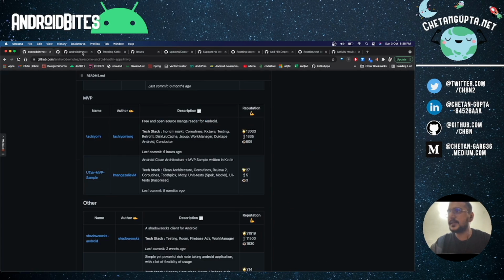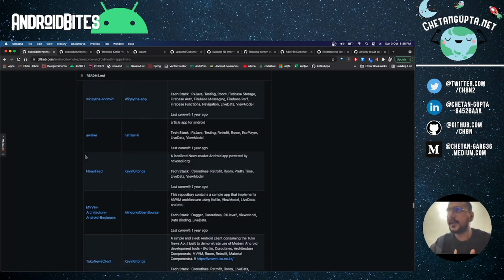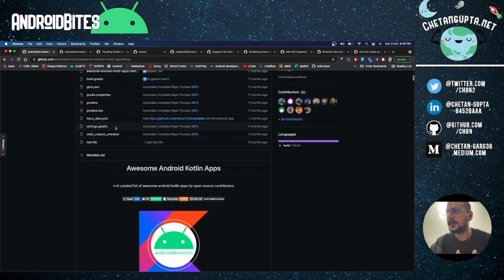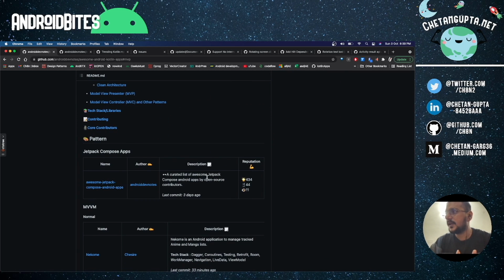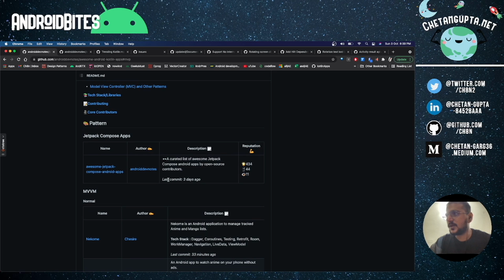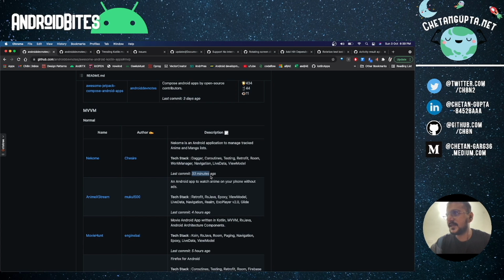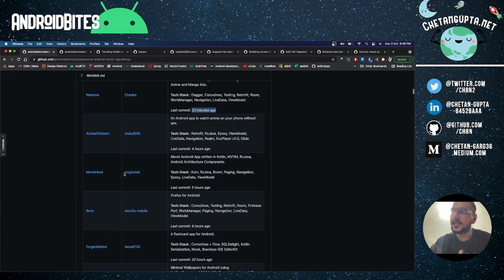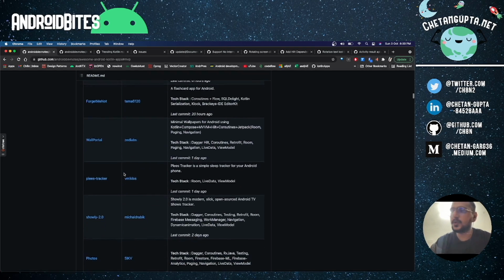Also, this repository is maintained regularly. All these readmes get automatically updated with the last time a commit was made, right? You can see that it is already written here that 3 days ago there was a change in the repository, and another one 33 minutes ago. This means it is confirmed that if you are picking up projects from this repository, you will definitely get feedback or a message from the maintainer, right? So these are the active Android repositories that you can contribute to.